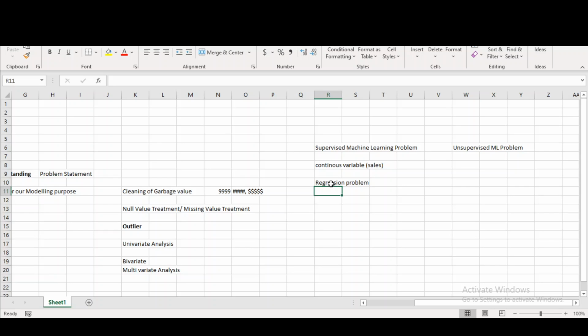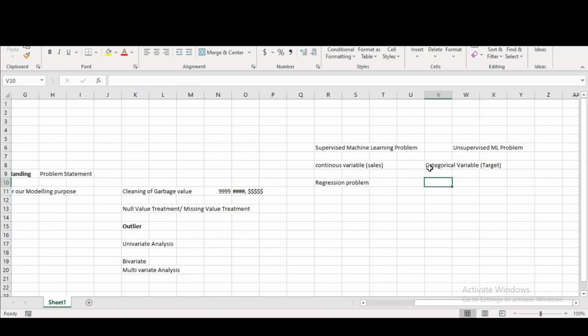When we have to classify something, for example whether a transaction is a fraud transaction or not, whether he will pay the loan or will be a defaulter, those kinds of problem statements have a categorical target variable.